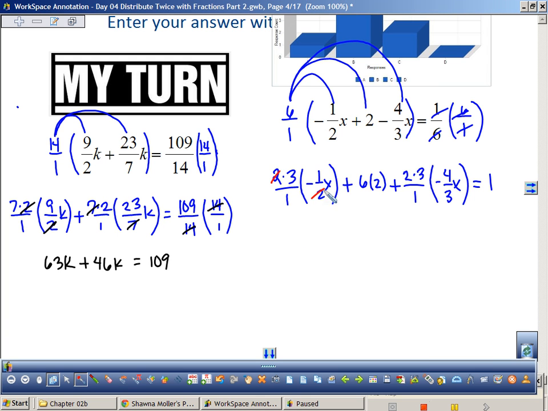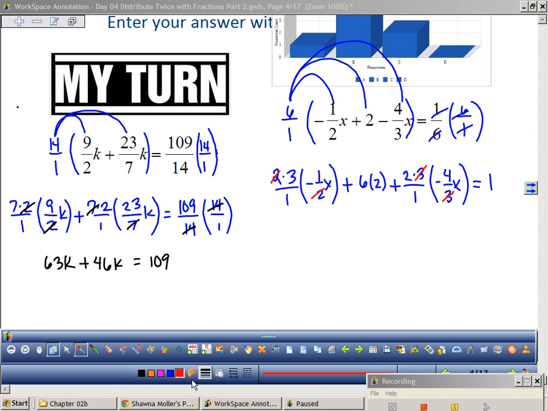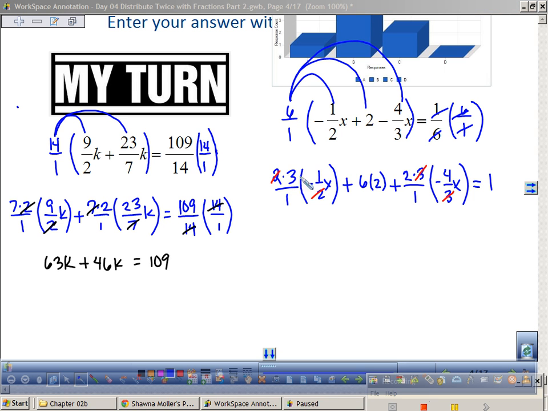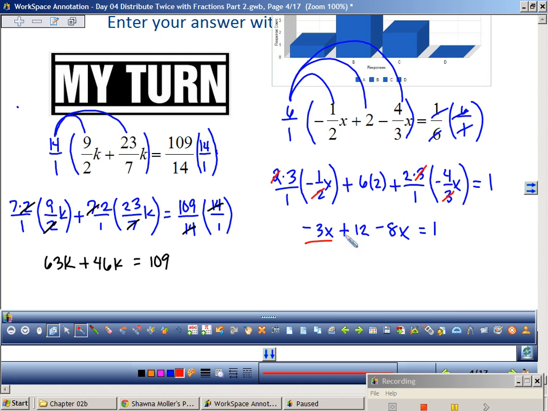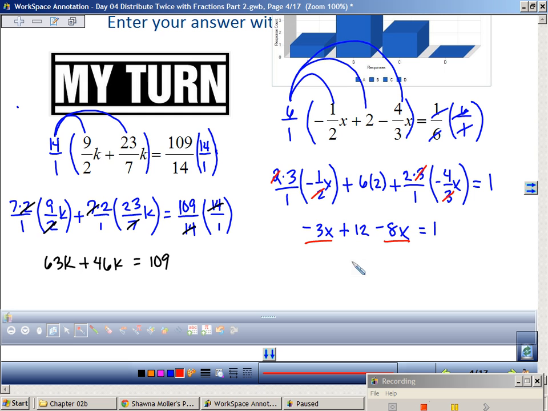I've got 2 divided by 2 is 1, and 3 divided by 3 is 1. Finish this up. The only thing left in the numerator is negative 3x. This is positive 12, and negative 8x, right? Equals 1. My next step is to combine like terms. I've got a negative 8x and a negative 3x. If I have the same sign, I combine. Negative 11x